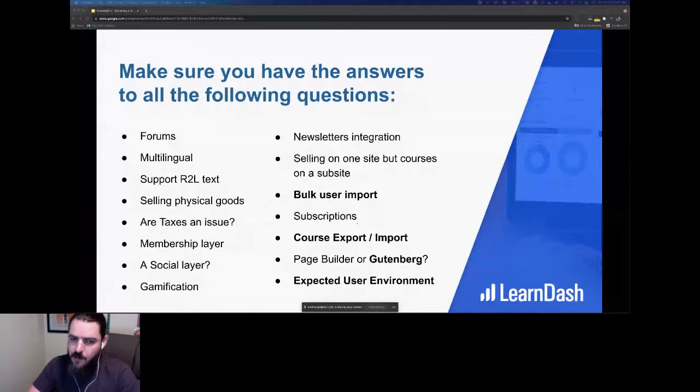Now, I won't overlook that again, but definitely something like that. The same thing with the course export and import. We had one of our customers that wrote their English site, and then they wanted to export that and import it and then translate that to French and Arabic and Chinese. Well, that was great, and we were able to import and export, but we weren't able to import and export